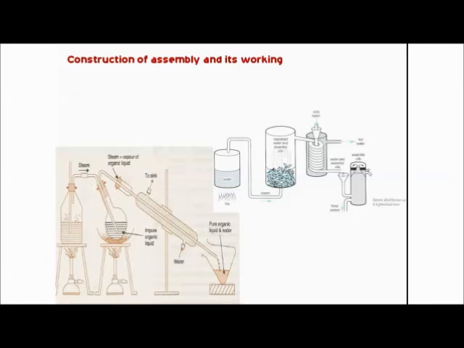Now how it is made, the construction. Let's see the construction. So we will have a metallic steam can. This is a metallic can, known as a steam can, right? It will have a cork here with two holes, one hole and the second hole.